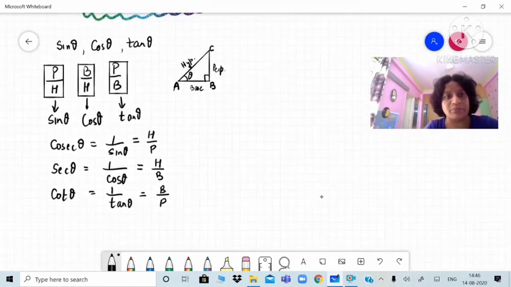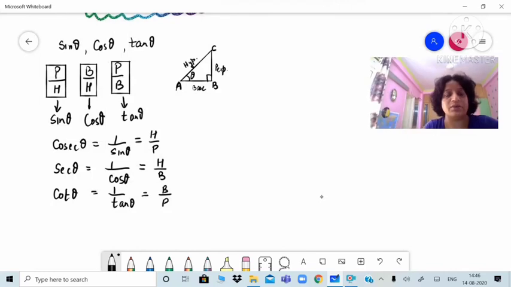So we had discussed how to find out sine theta, cos theta and tan theta from a right angle triangle. In the right angle triangle, AB is our base, BC is our perpendicular and AC is the hypotenuse, because we are considering the angles in relation to point A. After that, I told you one trick, Pandit Badri Prasad Har Bole. So your sine of angle is P upon H, that means perpendicular upon hypotenuse. Then B upon H, that is base upon hypotenuse, is your cos of the angle. Then perpendicular upon base is your tan of the angle.